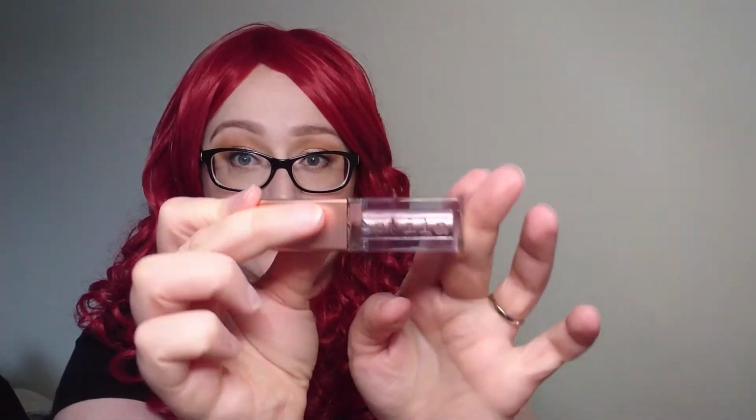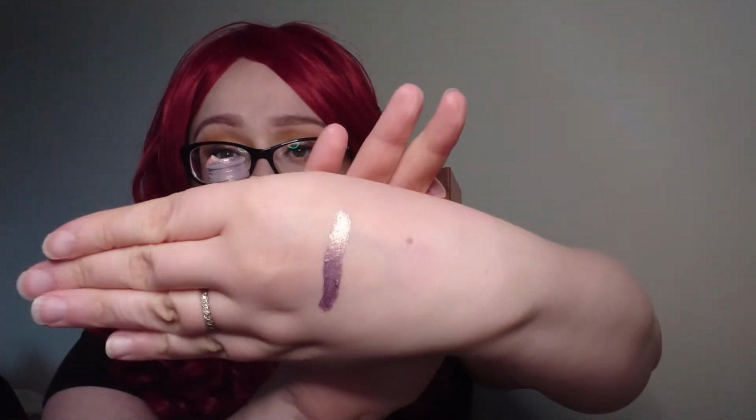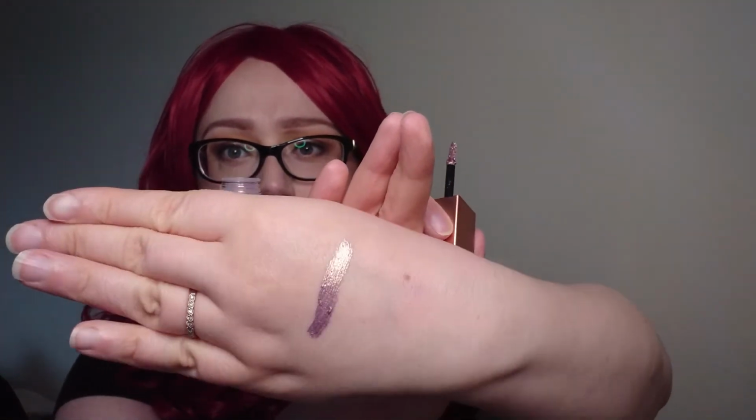Looks like this. It has a purpley hue. I really love this color. And because I liked it so much and it lasts on my eyes all day, they're great. Everybody writes about these for a reason. They are really great. And because I like this one so much, I actually went and picked up the color